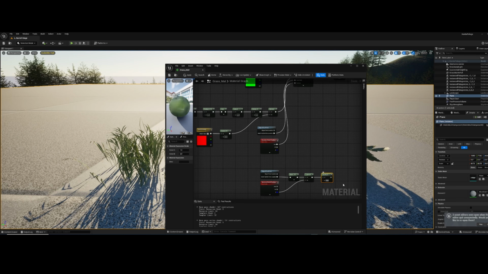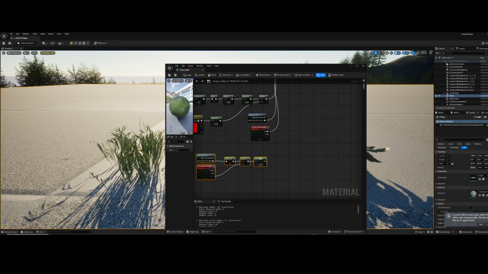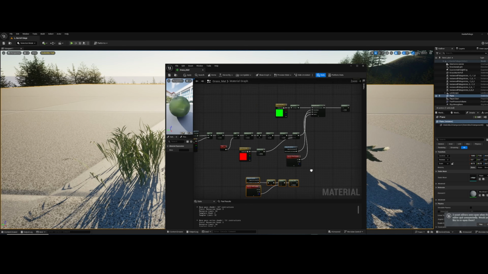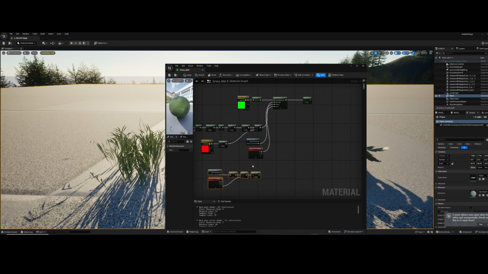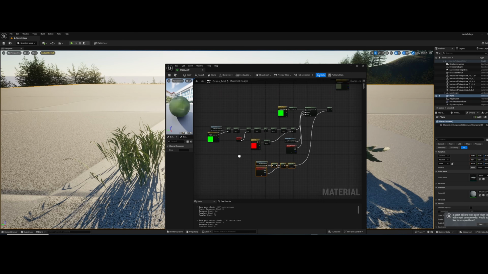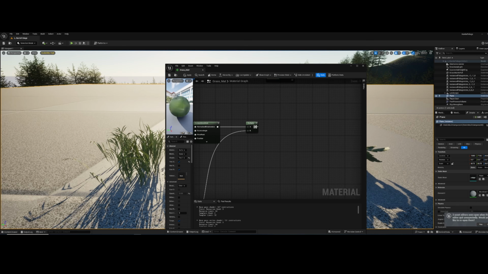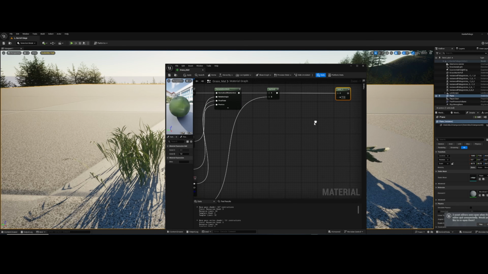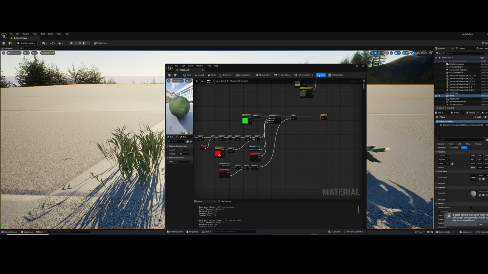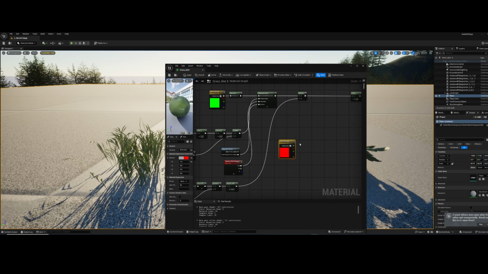If any of you are wondering how do you memorize this stuff? It's just doing it a million times until it burrows itself deep into the mind. It's almost like muscle memory doing it so much. But anyway, I'm just gonna plug this into an add. And then we can just copy and paste this, and then we multiply it. And this one will be intensity